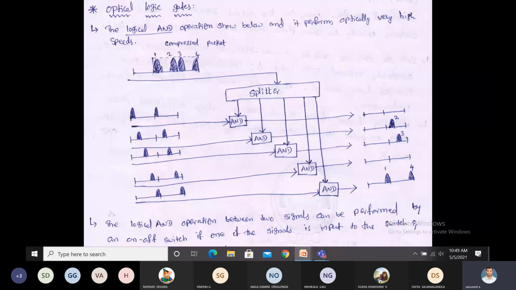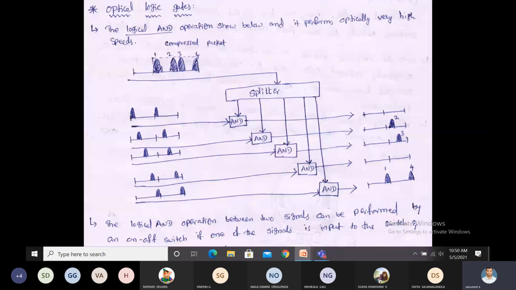Here we take an example of how it works. We are taking one splitter or demultiplexer. We give the input as a compressed packet. We discussed in a previous class how the packets are compressed together by using packet interleaved multiplexing, to reduce wasting of the bandwidth. We compress the packet over a number of stages, and the number of stages required depends upon the inputs, right?